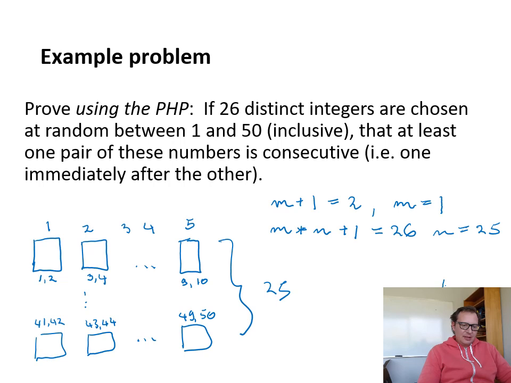And so if we pick 26 integers, we place them in these boxes, there's going to be at least one box with 2 integers, which means that at least 2 of these integers are going to be consecutive. And so that concludes this